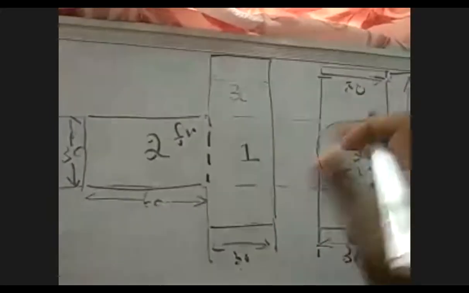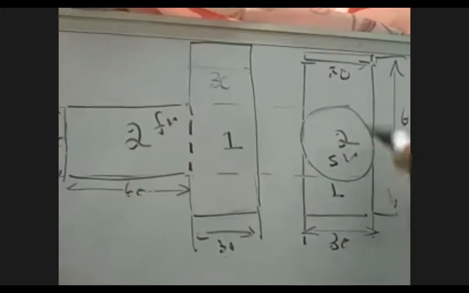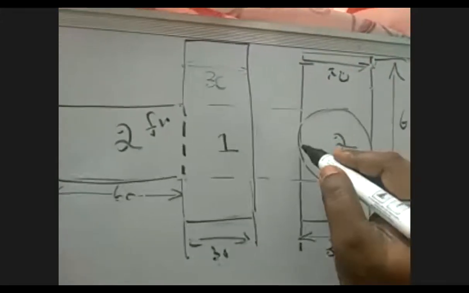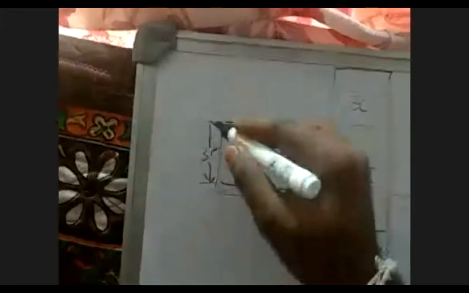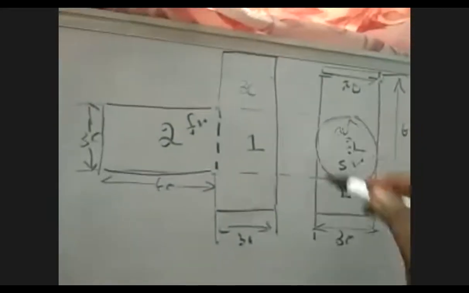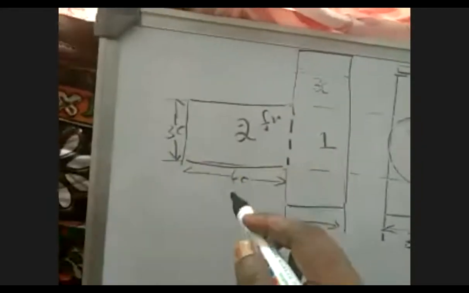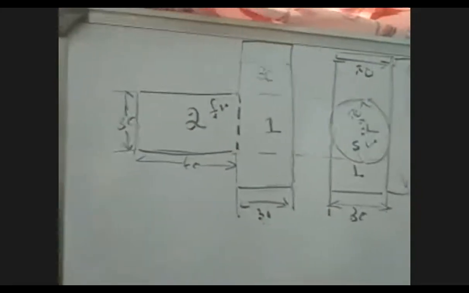So here what do you feel? It is a cylinder of diameter, you can see this box and this diameter are both of the same size. So if this box is 30, obviously this circle diameter is also 30. Here he has given the height as 30, meaning this height is again the same 30. So here you are seeing a cylinder of diameter 30, axis length 60, but not in standing position, it is in sleeping position.